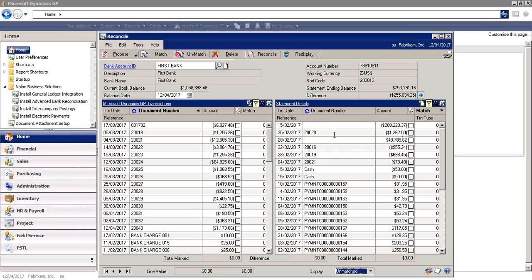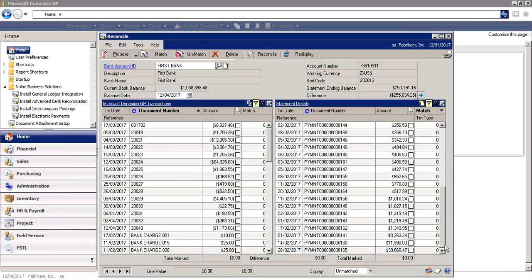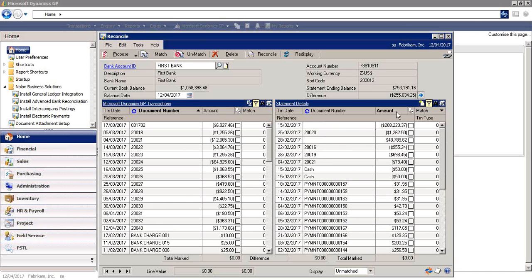So if I turn and have a look at the unmatched items, it may be that there's an item on the statement side that needs to be created as a GL transaction. So what you can do is click on one of the lines. So I'll choose